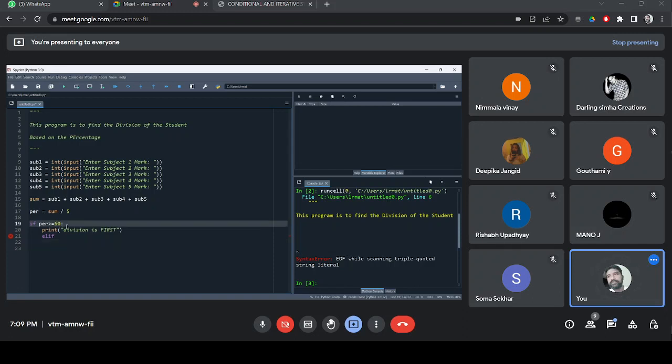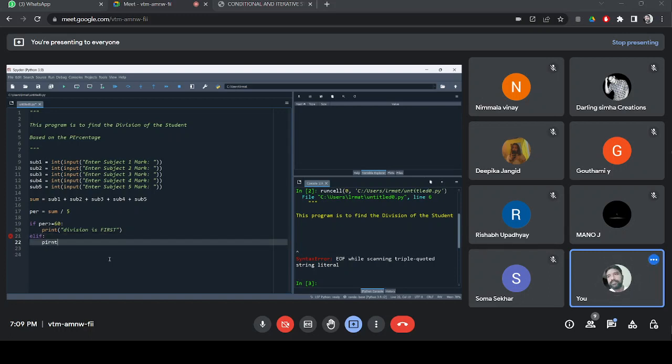Now please note that I didn't type colon, I didn't type indentation, I am just typing enter. Immediately it put a colon, automatically it is auto inserted and indentation is created.